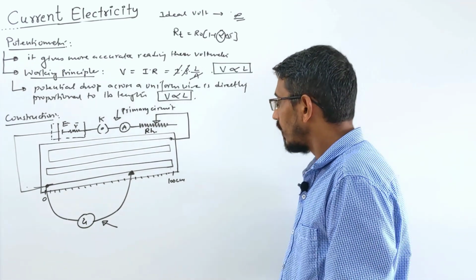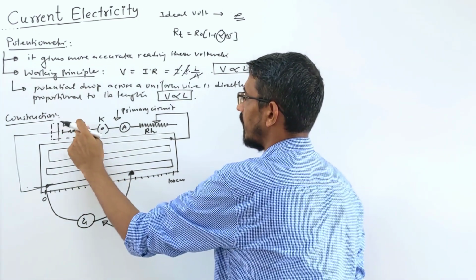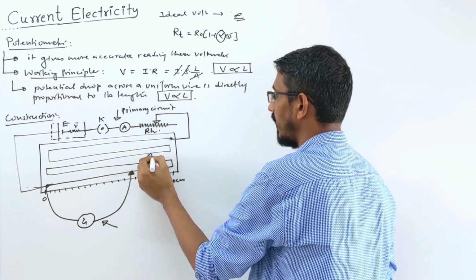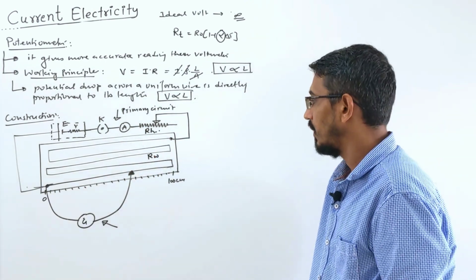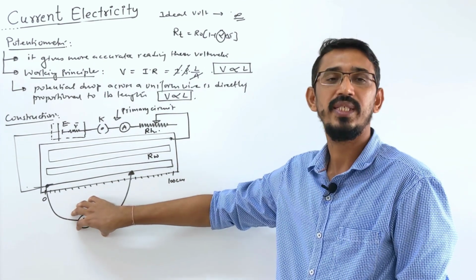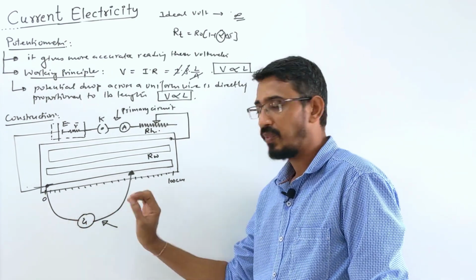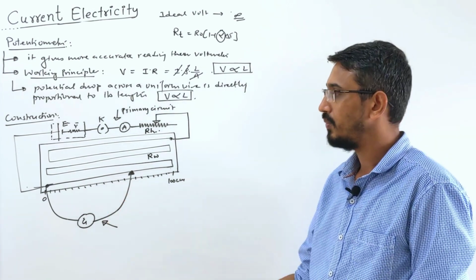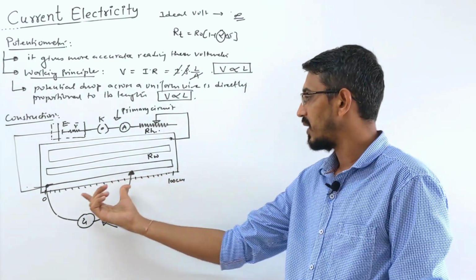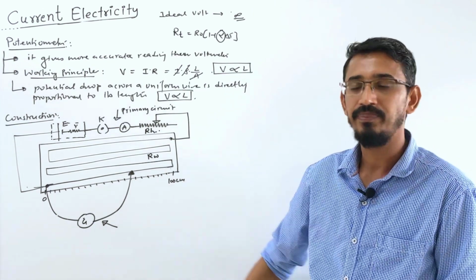So look here, what resistances are coming, watch carefully. This resistance is small r, internal resistance of the battery, the rheostat resistance in series, and the resistance of the wire will also come, Rw. Now I'm not drawing the complete circuit here because it depends on what case they're talking about, what application we are doing, okay. Galvanometer and jockey are always there. Whatever we want to find, we connect that circuit here and again find a balancing length. Once you know the balancing length, you can write all the answers in terms of balancing length, how, you will see just now, okay.